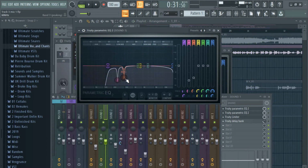You don't have to worry about these two things. I just put those on there because I thought it sounded good. There's not really too many rules, but one thing you always want to do is cut off the low end